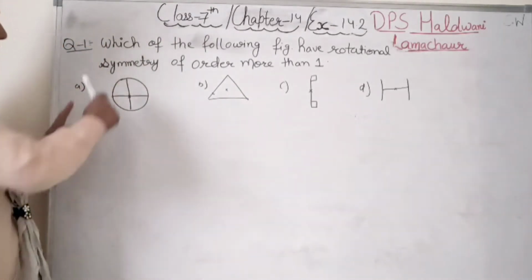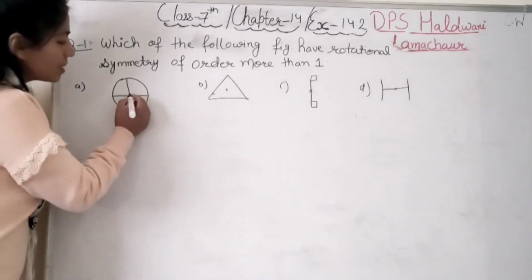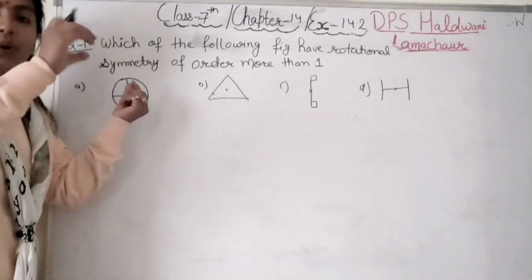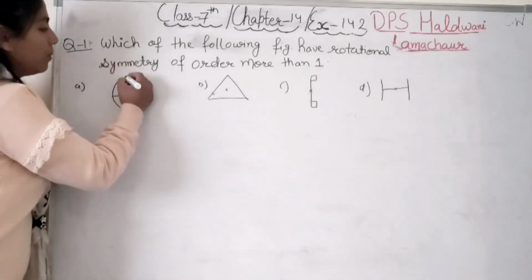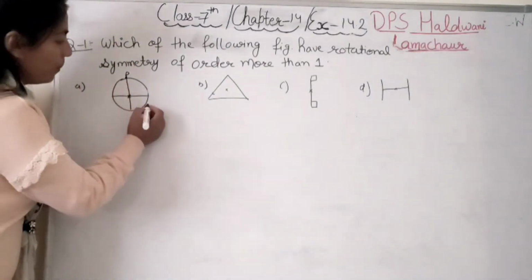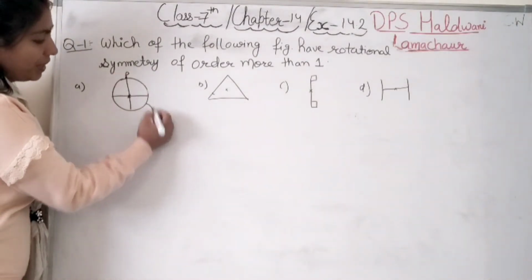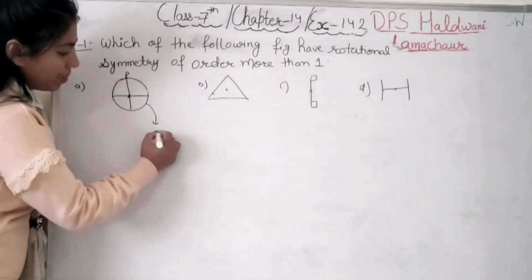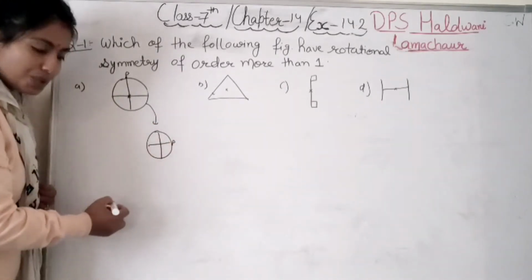See, this is a circle and we have one horizontal line and one vertical line. Why this cross? Cross means this is the center from where you are rotating the figure, right? For the sake of understanding, I am making one point P here, right? This is the 0 degree angle. When we rotate it 90 degrees, student, P will come here, but the line is the same. One is horizontal, one is vertical.